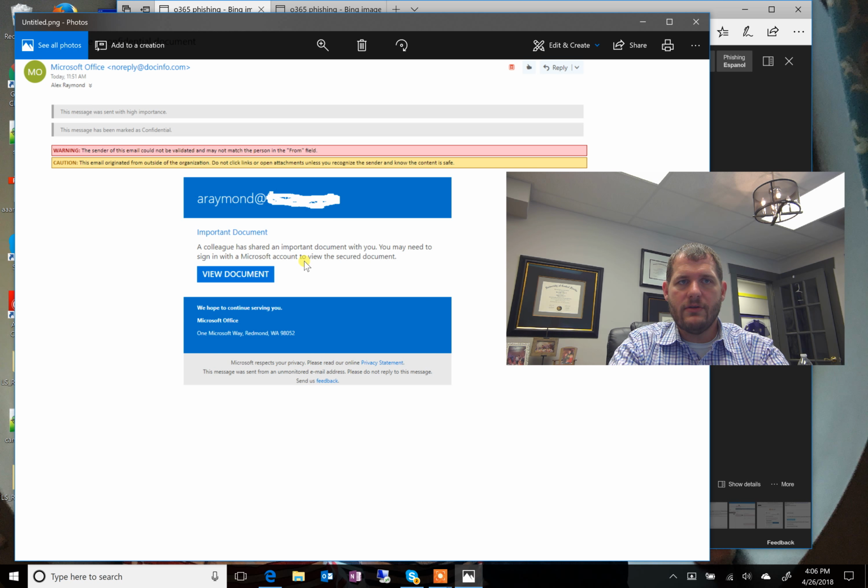So what we do in this scenario for Office 365 users is we add these caution and warning symbols here. The warning in red basically states that the sender of this email could not be validated and may not match the person in the from field. So what we do is we compare the display name to the email address inside of the actual body of the message, and if they do not equal each other, then we show this red line right here. In other words, it's stating that we cannot verify that this docinfo.com is allowed to send email on behalf of